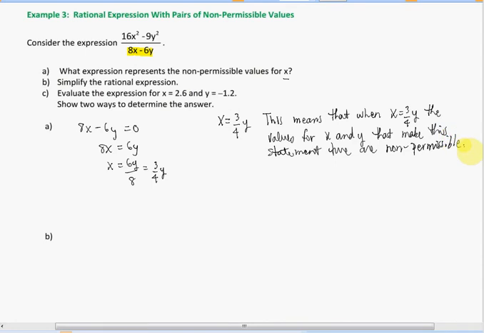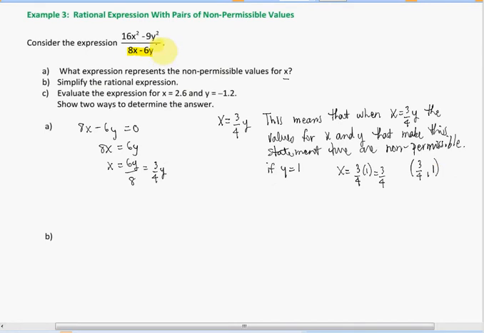So let's try one example to show that this is true. Let's say that y equals 1. I just chose that number, I could pick any y value. And I plug it in. Then it gets simplified to x is equal to 3 over 4. And so we have an ordered pair, which is x is 3 over 4 and y is 1. So that means that when x is 3 over 4 and y is 1, the expression is